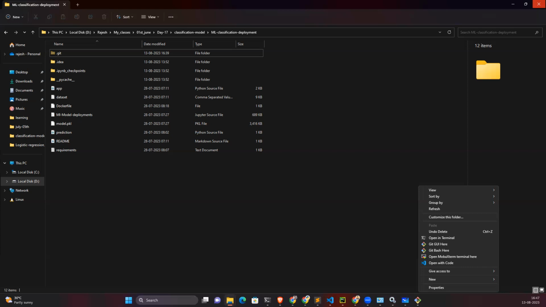Now again run the command git config user.email and your email ID with which you logged into GitHub. First type user.email, then space, then the email ID.